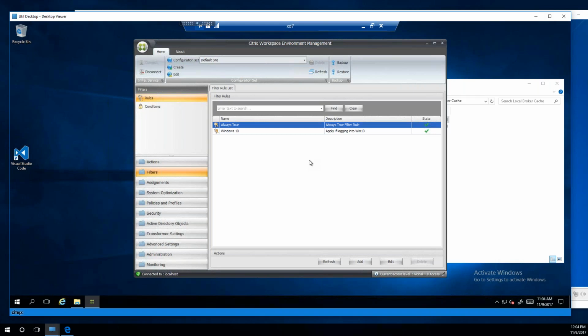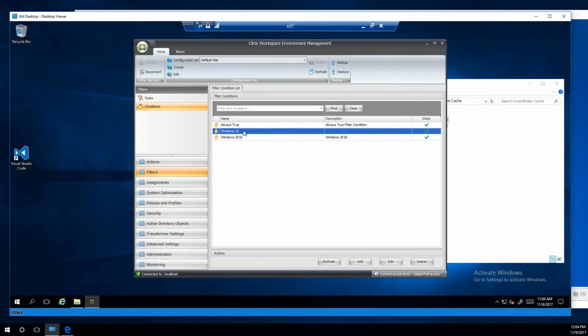Exactly. Shiva's asking, any chance you can talk a little on filters and how to apply them? I think it's a good question because that's practical. We see all the settings, but maybe give us some examples of how to use the filters. All right, so I actually used one here for the Windows 10.